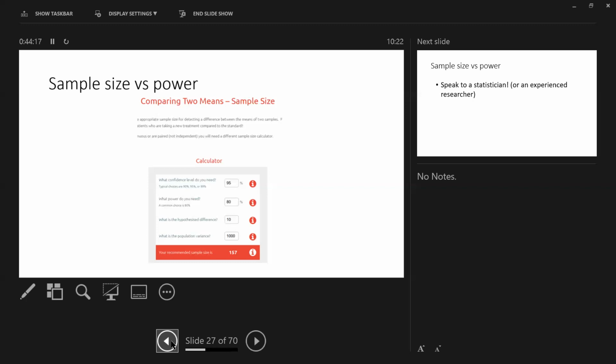If you recruit the same number of people having the standard approach versus the new approach, you will have a certain power. If you recruit more people in this group, you have more power, and generally up to 3-4 controls per case, it will increase power, less and less each time, and after 4, really it becomes a waste of time. But you can do this to increase power, because sometimes you just don't have that many cases or that many people exposed to,